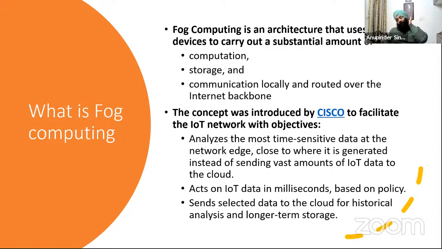So let's say some patient requires a higher flow of oxygen, and the decision is supposed to be done in a time sensitive manner, right? So you cannot send the request to the cloud if, let's say, there is congestion and a delay happens, and because of that delay, if the patient dies, then